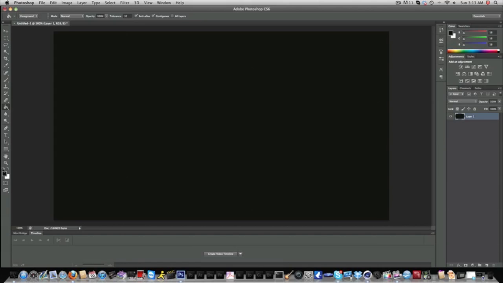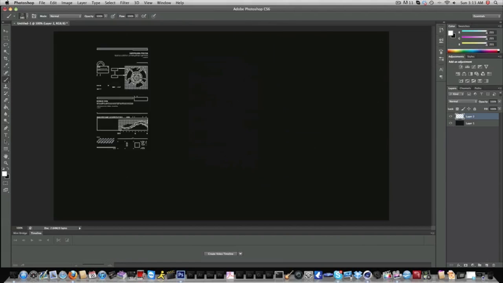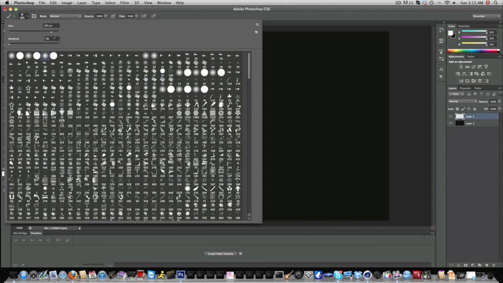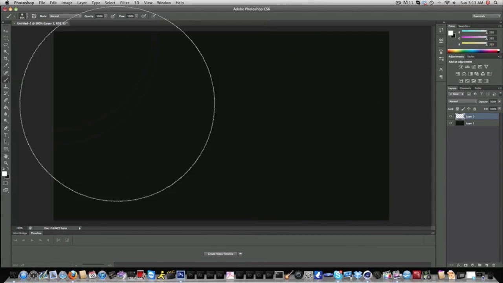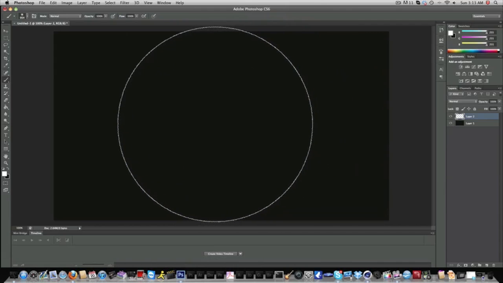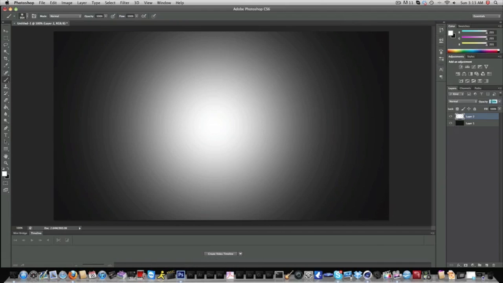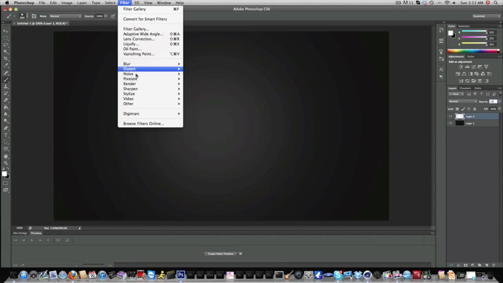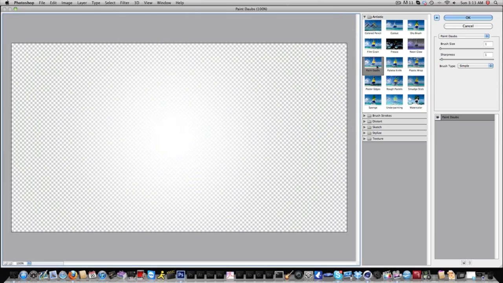Make it a darkish gray. I suggest using pretty dark, I mean, almost black. But yeah. So what we're going to want to do is make a gradient in the middle of the whole document, and we're just going to go to a soft brush with 954 pixels. I'm just going to click, make it about 15% opacity, merge the layers, filter gallery, and we're going to go to,